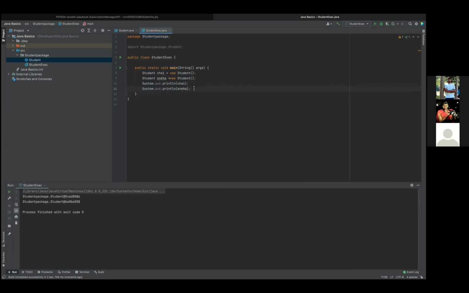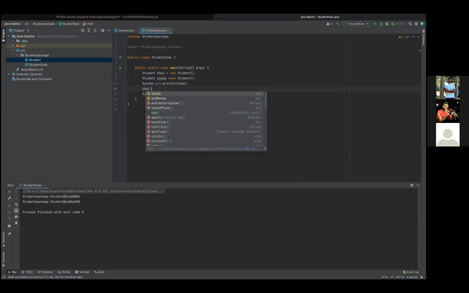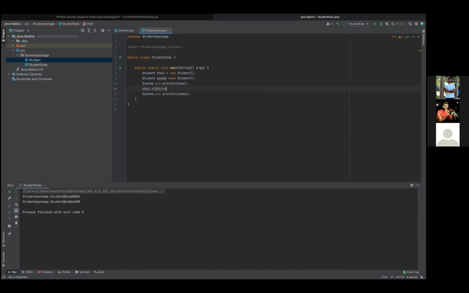Now, Chaitanya, after your system.out.println, can you use your object CHAI? Like after that line, just use CHAI dot, right? Now you can see your student ID, right? STD ID. Yeah, can you just print that under your system.out.println? So basically the STD ID property is public, so she's able to access it. Okay. Print all those values under system.out.println.